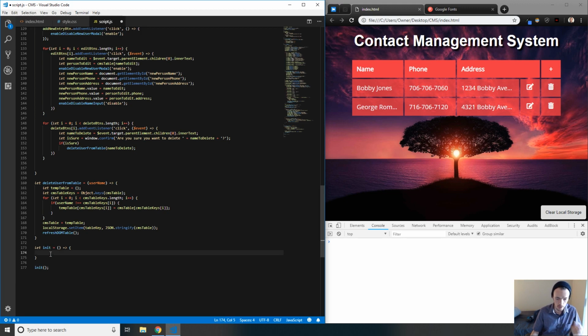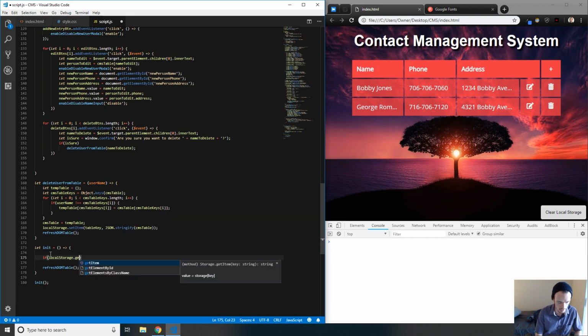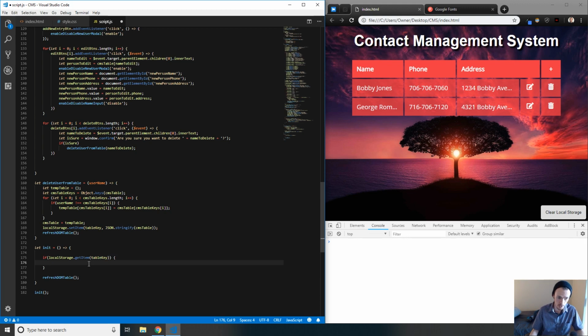And then inside of here, we're going to call refresh DOM table, but we're also going to call a couple of things before that. So we're going to say if local storage.get item table key. So what that says is if local storage.get item table key exists, so if this item exists in local storage,